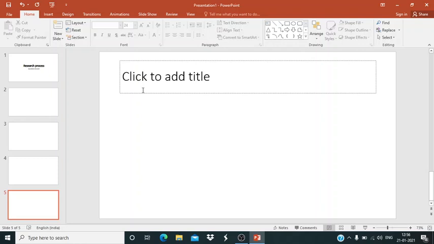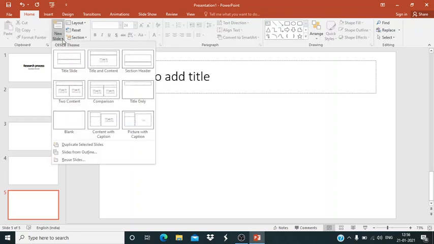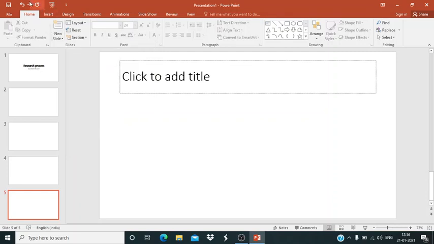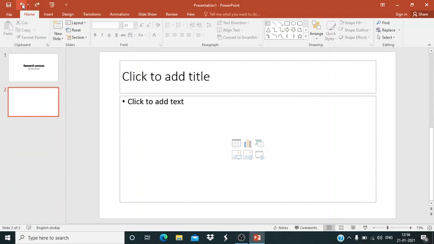So please remember, when you want to create a new slide, one option is you just click on this new slide. Another option is you can click on the launch button and then select whichever format of slide you want as a new slide. One other option is you can just keep your cursor here, give a right click and then insert new slide. That option is also available. Suppose for the fourth slide I also want the same pattern, just keep here and give an enter, and automatically the new slide opens. So these are the different techniques of opening a new slide.